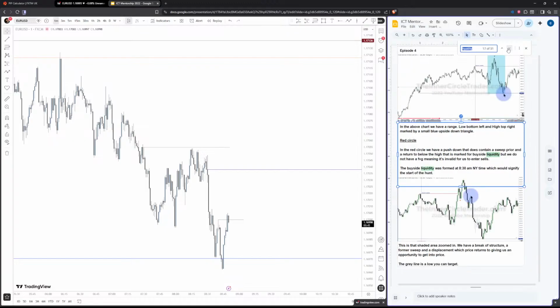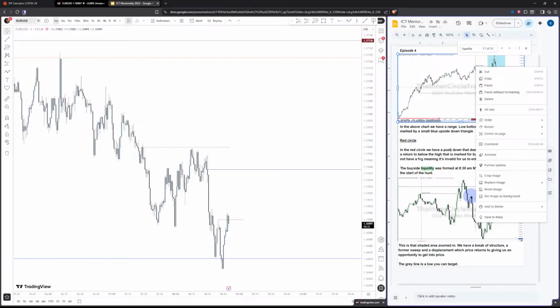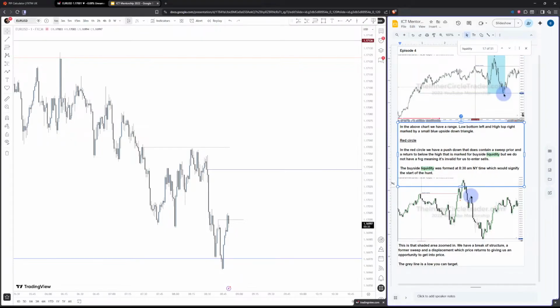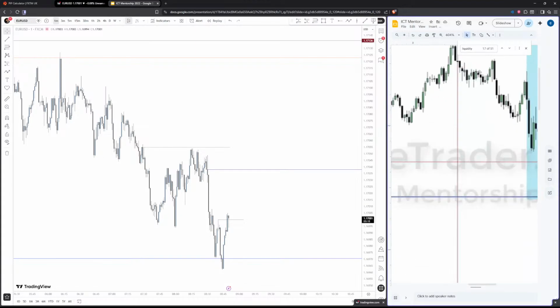Same thing with order block. You need that liquidity sweep first. So here we don't actually have the red circle. Basically over here, where it says buy side, we took out these old highs, but we didn't have a market structure shift back down here. We didn't take out that swing low down here. So we weren't able to enter sells. This is invalid, I believe.